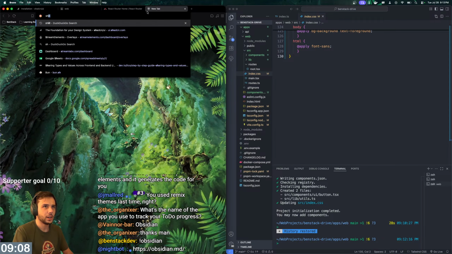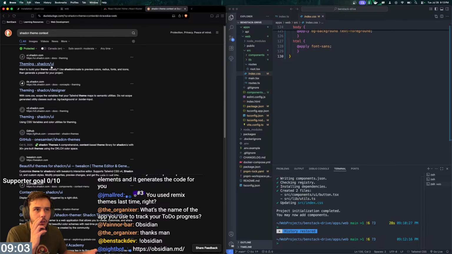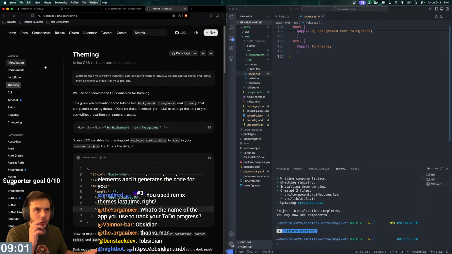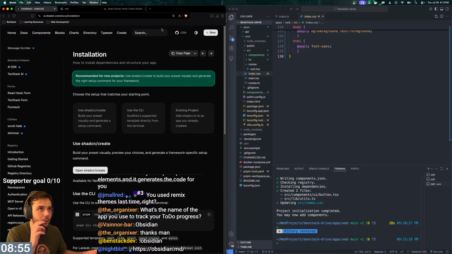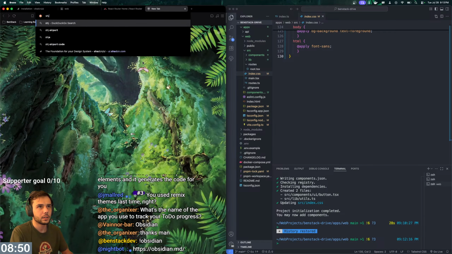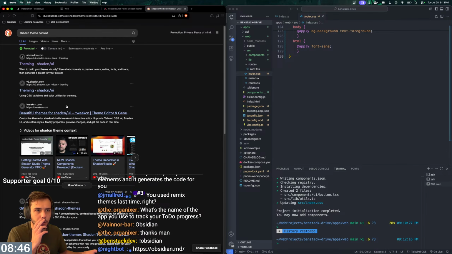Let's see here. Shadcn theme context. Like where did that? Shadcn designer. Okay. This is the same page we were on though, surely. Use CSS variables for theme, but I want a context. Oh wait, shit. Why did I exit out of that? Shadcn. I mean, I could probably just copy it from my other project, but